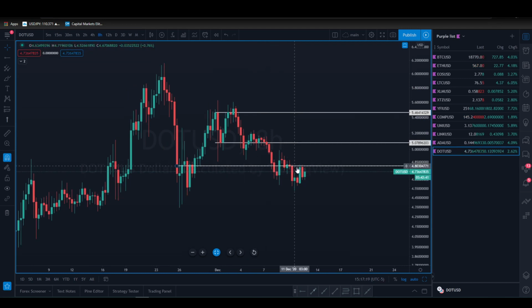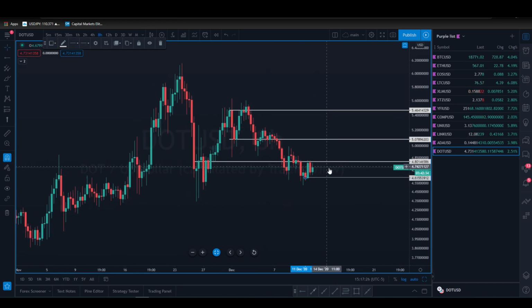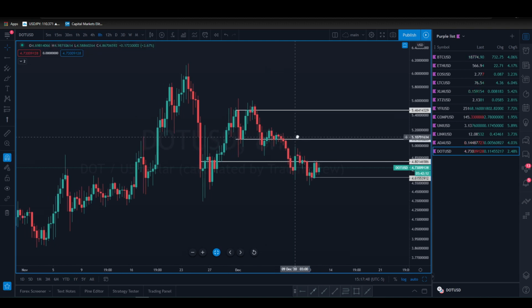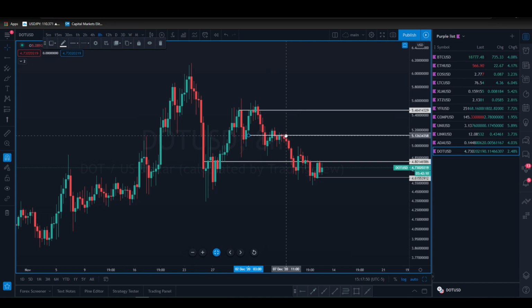DOTUSD. Everything's basically doing the same thing, but we'll go ahead and mark out these areas. This is a fresh bearish area, so if this is going to remain bearish, it needs to close below 4.615. Bullish, you definitely need to close above these two candles delineated by this line, and that's going to be 4.80. Then your next area to break through is just right above current price, so that's going to be 4.89. And then ultimately up here is going to be your last, or you could use the lower end of it,